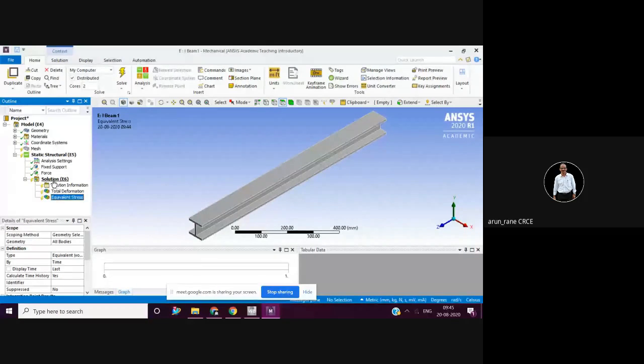Okay, then I want now factor of safety, whether my cross sectional area is safe or not. So what is the factor of safety? See, it should not happen that unnecessarily you are using too thick a section. That means you are paying more for the material. Like suppose I have designed my table and it has to carry a load of say 1 ton, 1000 kg. So why go for 25 mm thick ply? If it is 3 mm thick ply, I am going to save a lot on my material, isn't it? 3 mm ka ply and 20 mm ka ply. So 20 mm ply is very costly.